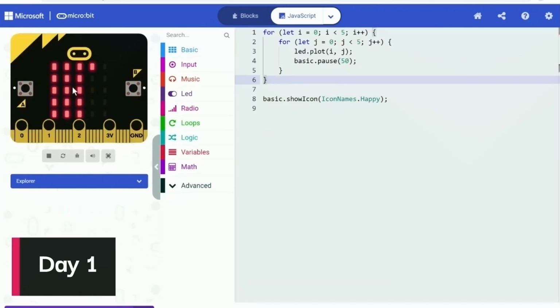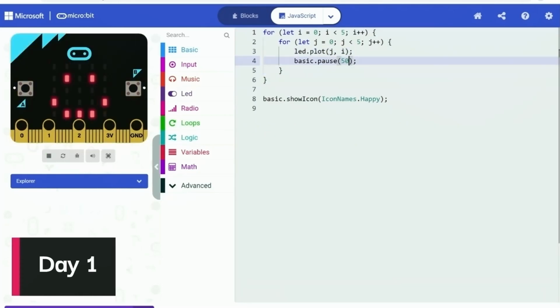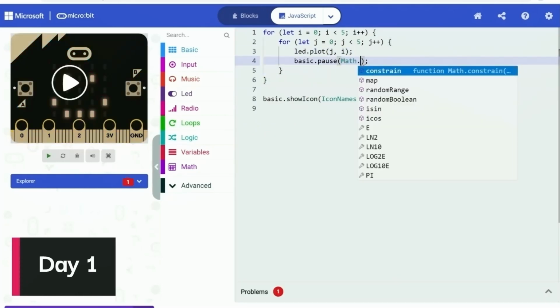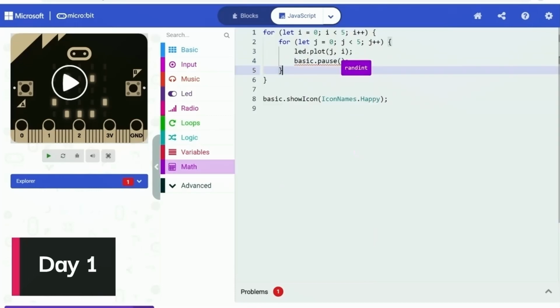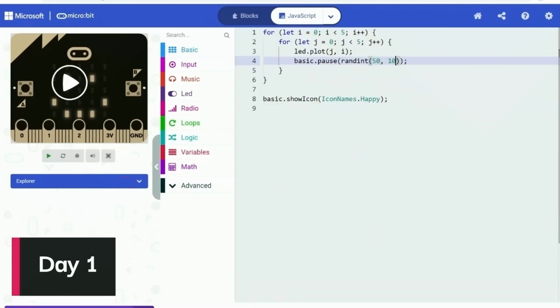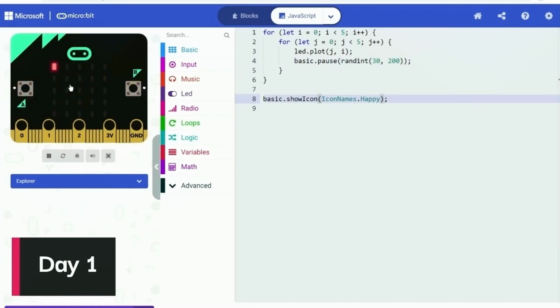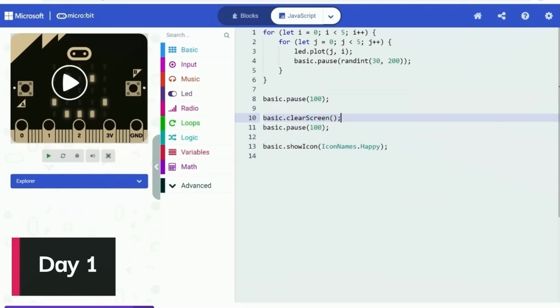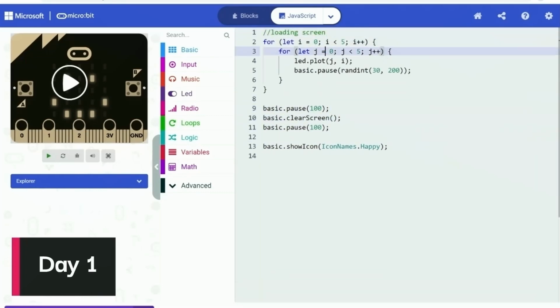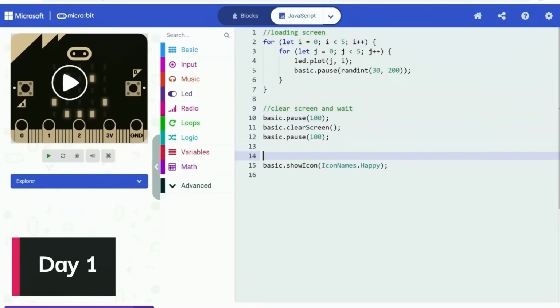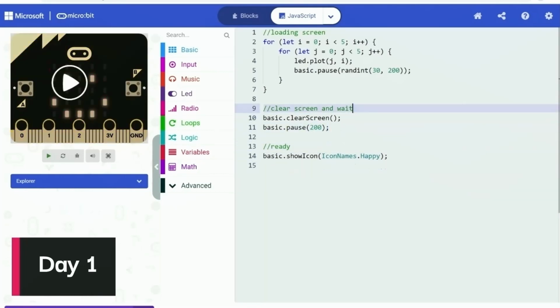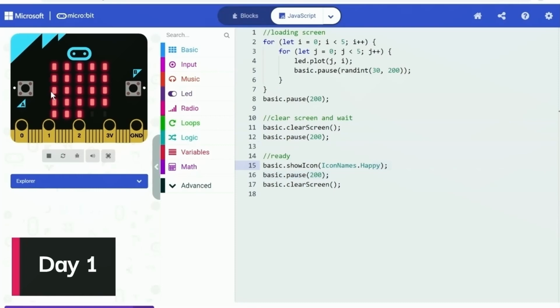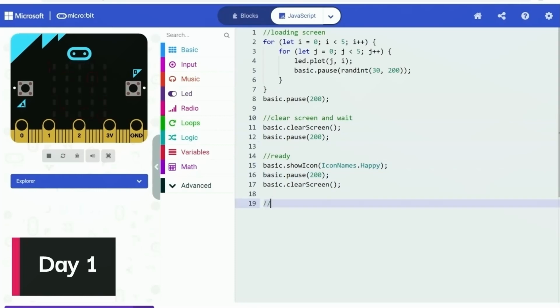Then I added some randomness to the progress bar as well, using randomly generated values for the speed of the loading progress bar. And I also added some flashes in between by clearing the screen and adding pauses. After a bit of tweaking and adjusting the timing of things, I decided it was at least good for now. I added some comments to the project, since this is going to be a 10 day long challenge and I wanted to keep things organized. I also planned that I should work on this project for at least 15 minutes every day, and longer than that if needed.